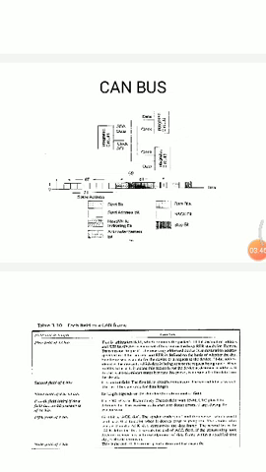So in this class we have completed the Controller Area Network. In the next class we are going to see GSM and GPRS, the Global System for Mobile communication and the General Packet Radio Service. We will see how the architecture works and how it works in a real-time environment. So that completes the Controller Area Network, and next class we are going to see GSM.